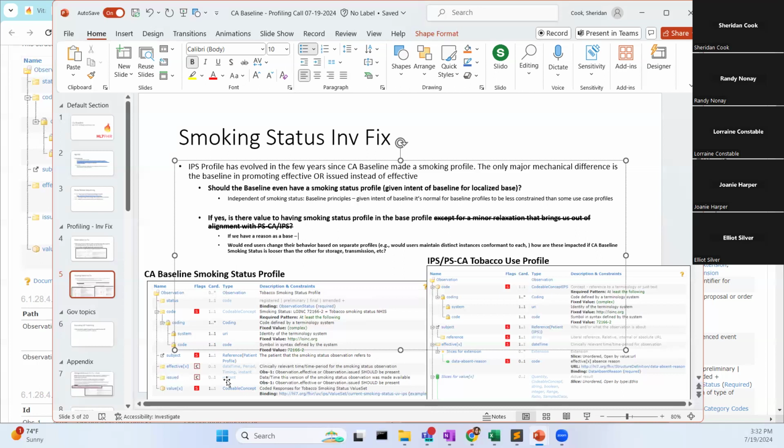I think in the framework, we're eventually going to have categories for smoking and tobacco use and some other things that will probably end up getting translated to the core as well. Yes, and that could potentially mean that we have baseline, core, and use case specific versions thereof.